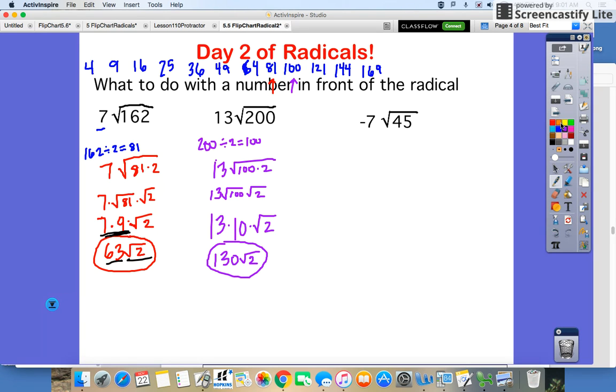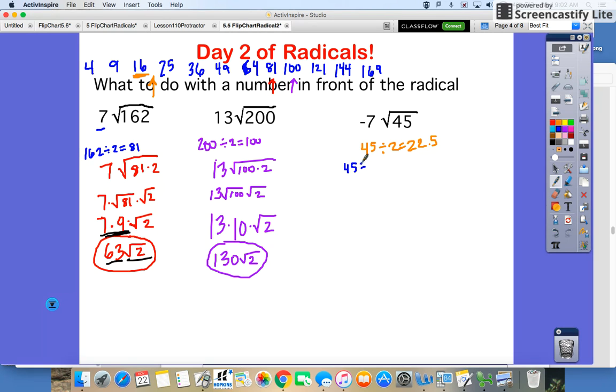If you want to, go ahead and pause this. You can try the next one by yourself. So what we do first is we do 45 divided by 2, which is 22.5. And unfortunately, 22.5 is not in our list, but it's somewhere between 16 and 25. So what we're going to do is divide by 16 first. So let's try